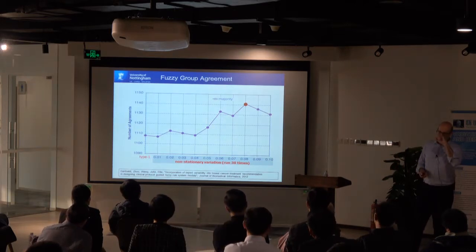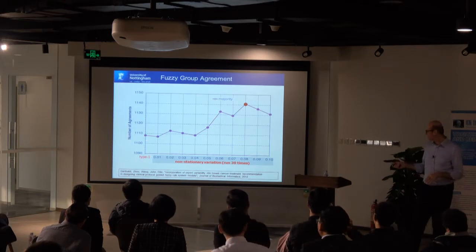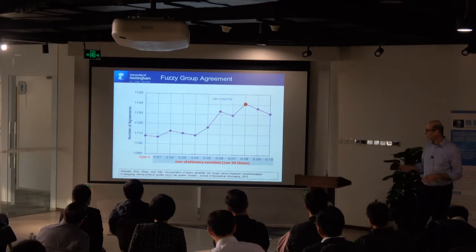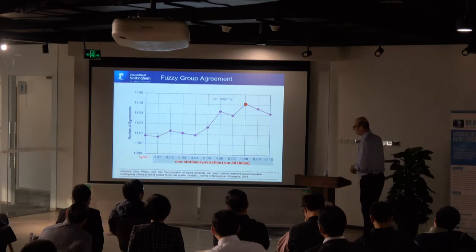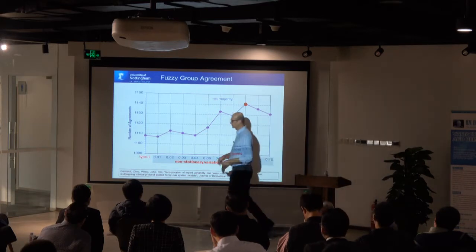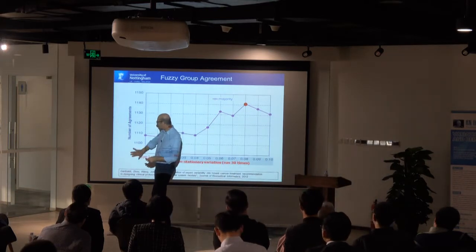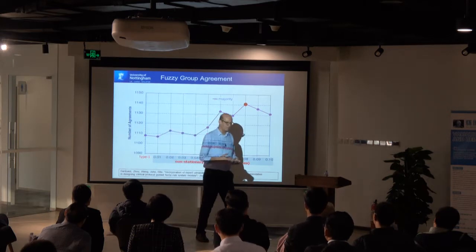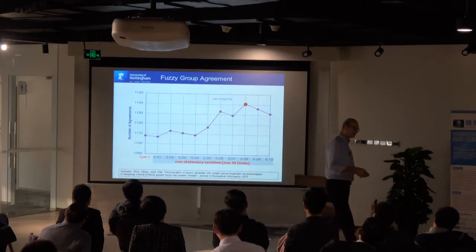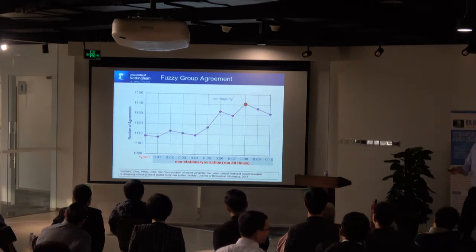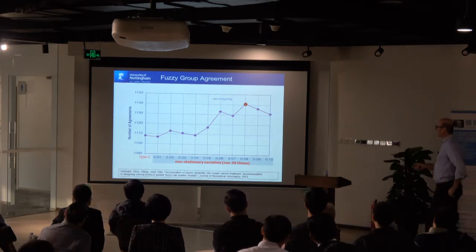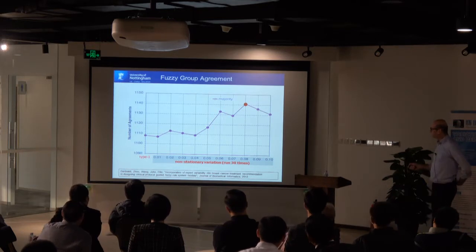And this is where you'll have to believe me, we spent months optimising the system, and we ended up with the type 1 fuzzy system. In the optimised fuzzy system, we were trying to get the maximum number of agreements with what happened in clinical practice. So the y-axis is how many times the expert system says do what actually ended up happening. Again, that might not necessarily be the correct answer. Difficult question. But anyway, the best type 1 fuzzy system we could get was 1,180 agreements.